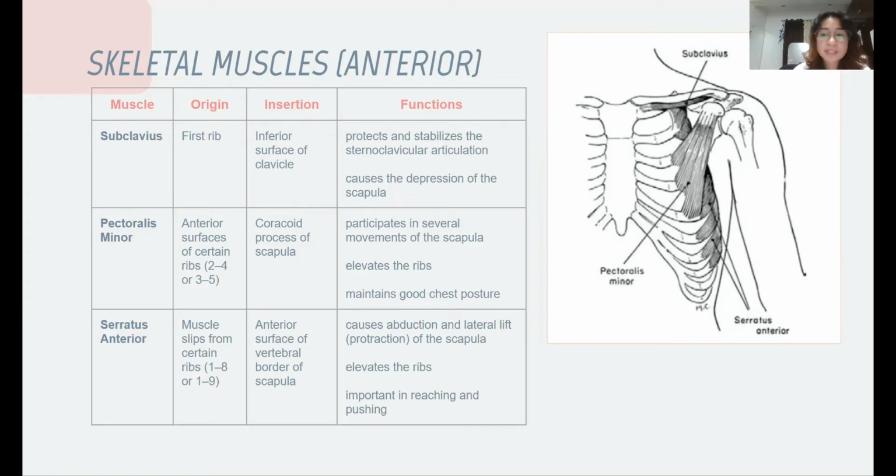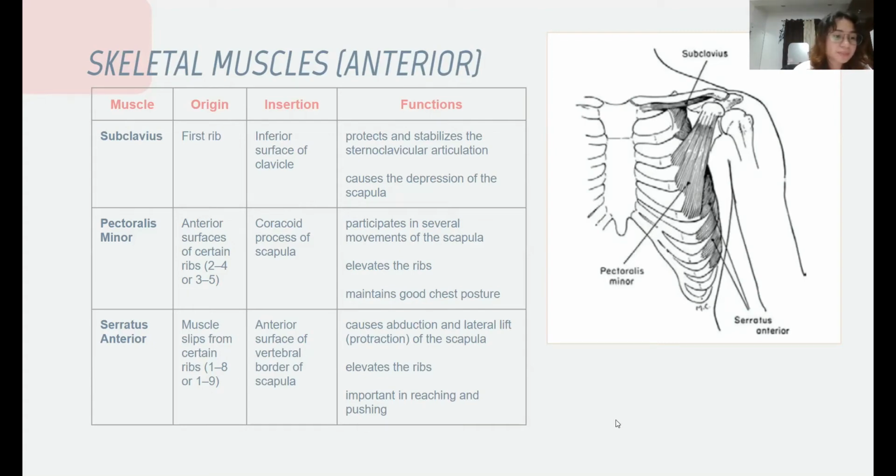Second, the pectoralis minor. Well, you cannot see the pectoralis major in this illustration. It's because pectoralis minor is deep only to the pectoralis major. This muscle arises as 3 separate heads from the anterior surfaces of the ribs 2 to 4 or ribs 3 to 5. This muscle extends superolaterally to form a flat tendon, which inserts into the medial border and coracoid process